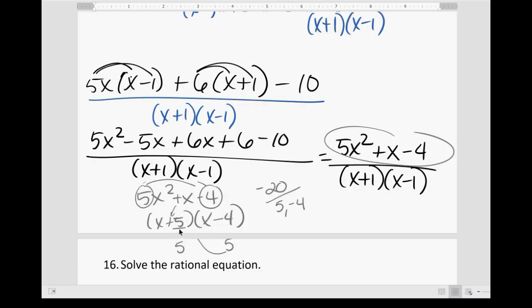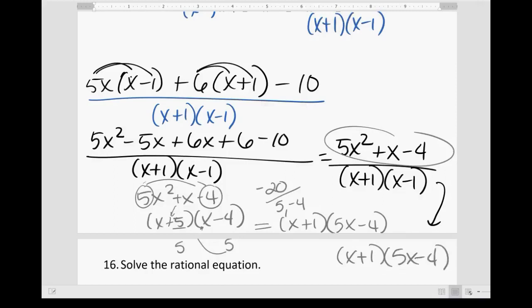But I have to take my A and divide both of these numbers by that A. Simplify where possible. So 5 over 5 reduces to just 1, so I have x plus 1. And then negative 4 over 5 cannot be simplified further, so I'm going to slide and divide. So that's 5x minus 4. So what happens is that I have at the top x plus 1, let me use my gray, x plus 1 times 5x minus 4